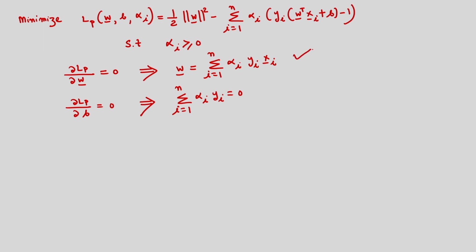So this is the solution for the weight vector W. Now I am considering this Lagrangian dual problem. Better to move to the next slide. So what we have considered, minimize, I am writing it again. The Lagrangian function is L_P(W, b)